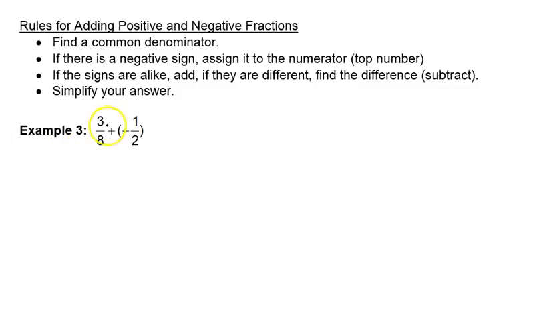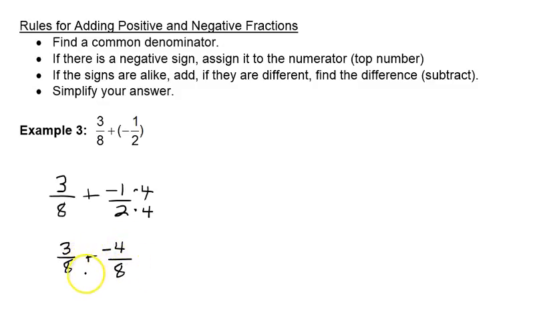So for this problem, we have 3/8 plus a negative 1/2. Remember from 6th grade, when adding fractions, you find a common denominator. So we need to find the common denominator between 8 and 2. And that's going to be 8 in this situation. So I want to multiply the numerator and denominator by 4. I'm going to rewrite my problem as 3/8 plus a negative